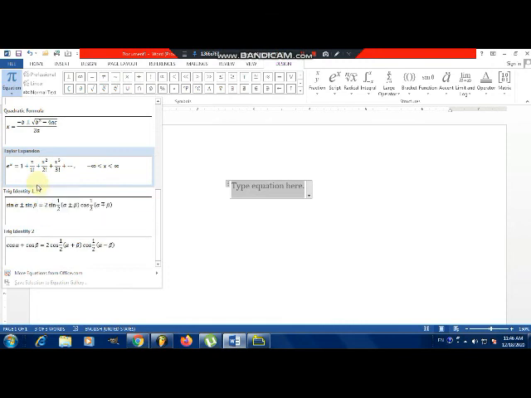Like I'm going to add here a quadratic formula, that is minus b plus minus the root of b square minus 4ac divided by 2a.